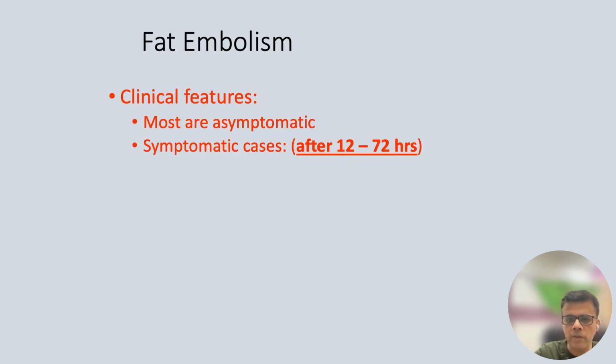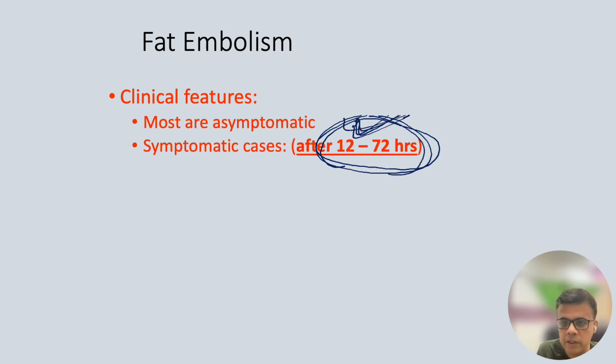In fat embolism, if it is not significant, it will not be symptomatic, but many of the cases are symptomatic, and symptoms typically start after 12 to 72 hours. This is the important thing to be remembered, which is asked in your vignettes and questions: the clinical history is given and the patient starts presenting with pulmonary symptoms and neurological manifestations after 12 to 72 hours. More typically after 24 hours in most of the cases, but 12 to 72 hours is a broad range.